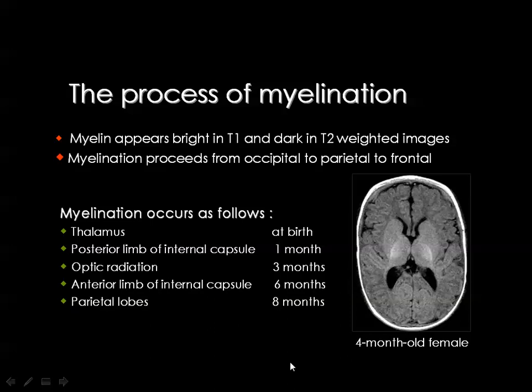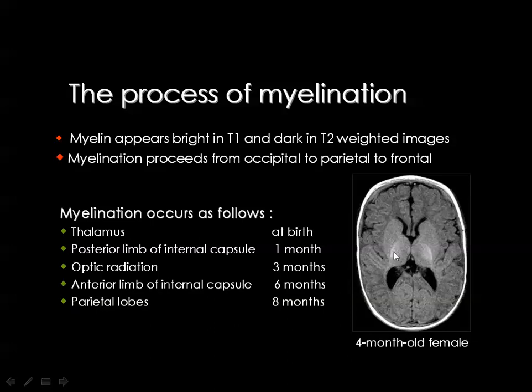Fat is bright in the T1 and dark in the T2 weighted image. And these are some of the times for myelination, but you don't actually need to know them by heart, but we all have these charts beside our desks whenever writing a report for MRI of the brain, looking every now and then to see if this myelination is good or not. Then the thalamus should be myelinated at birth, and whenever there is fat in the thalamus,